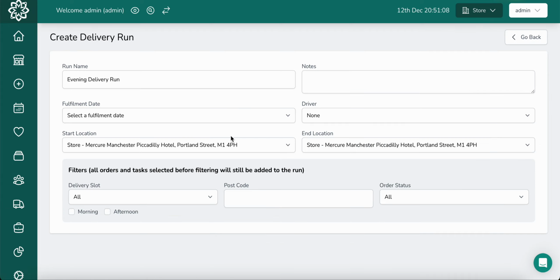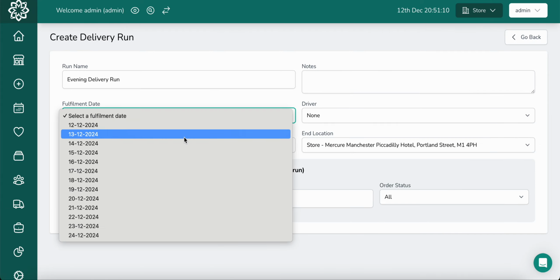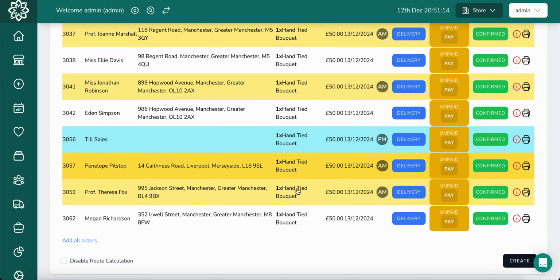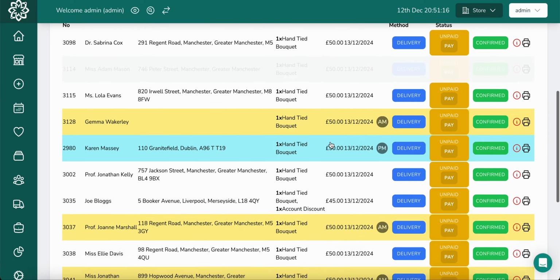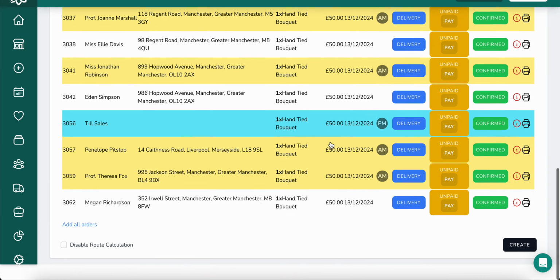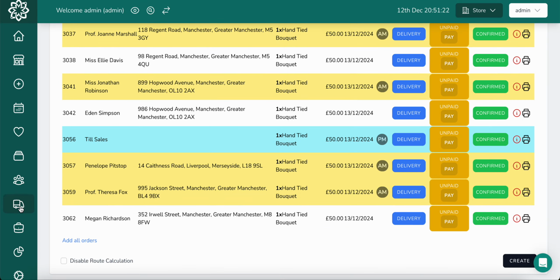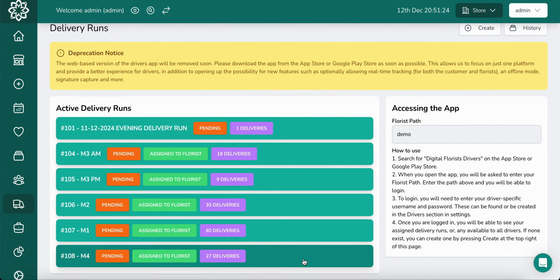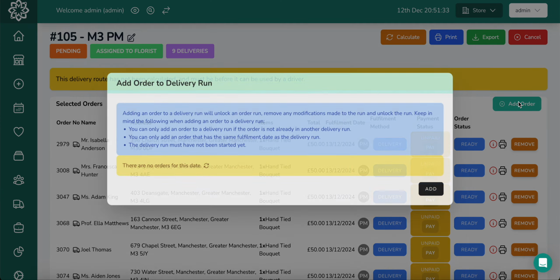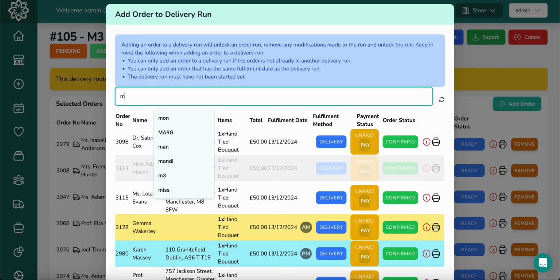So then let's create another delivery run. Go back and select the day, but again you can see how what did look really unmanageable now looks quite manageable. And once I've done that and got all my different vehicles organized, I will then, as orders are coming through every now and again through the day, I'll go, oh, let me go and check for more M3s, and I will add orders. I can filter them again over here,